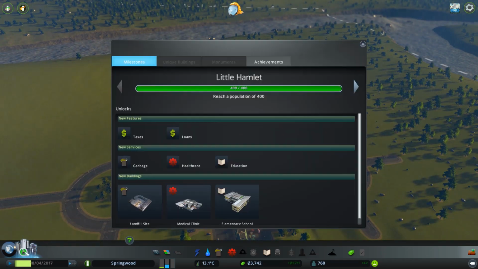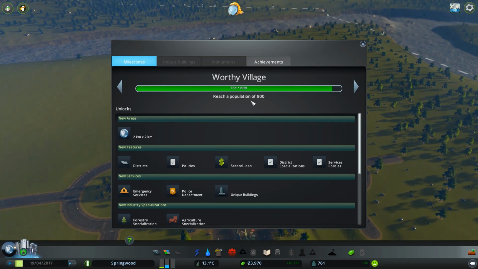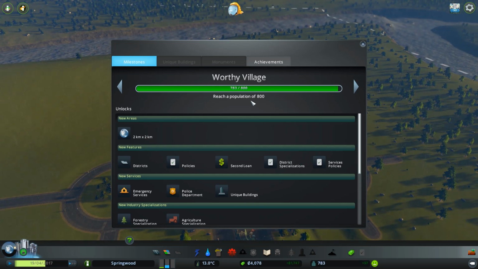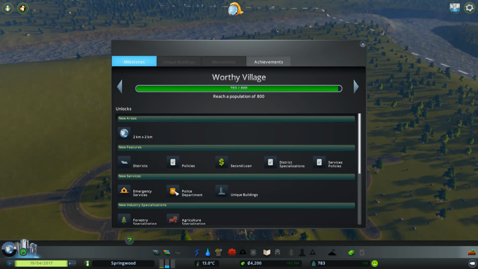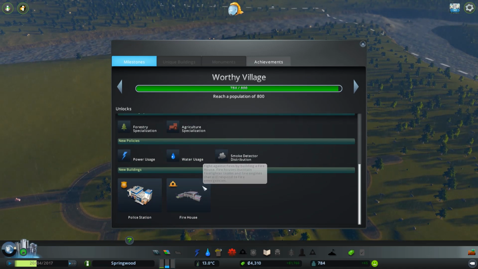So what do we need to do to hit this next one? We've got Little Hamlet. We need a population of 800 to become a worthy village. We're already at 761, so we are very close to being there. That'll allow us to buy a new bit of map. So we will get police department, unique buildings, new policies...